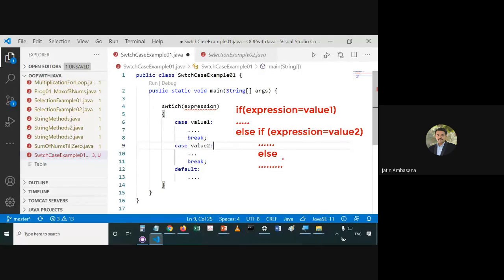So see what happens, this if part, this expression is this one,